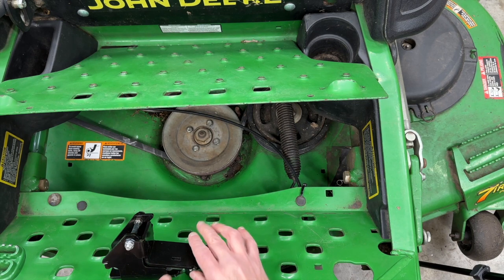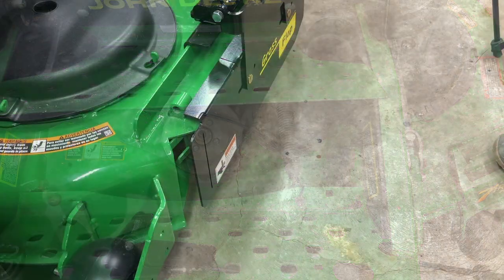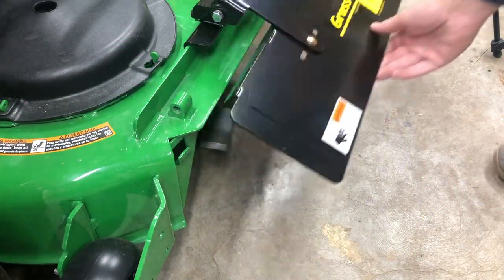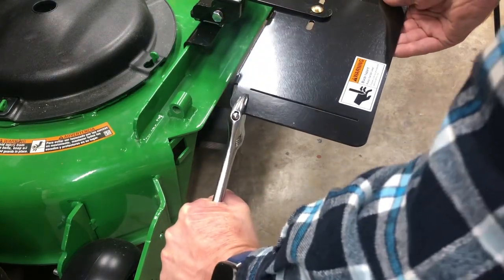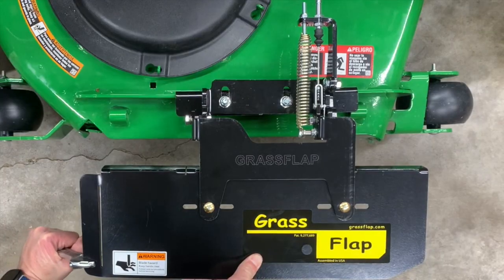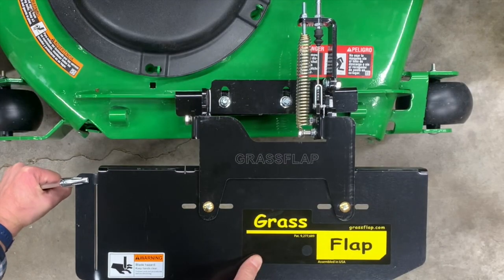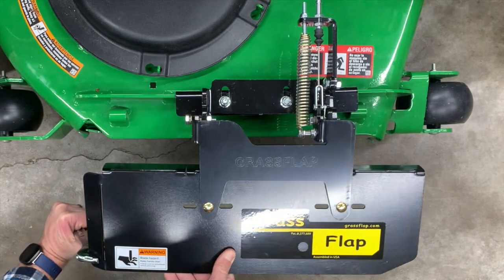Okay, now that we've got that done, we're going to go ahead and secure the jam nuts on the cable on this end. And then the final step is we want to bend the rear of the plate itself to match the curve on the back of the discharge opening. So just using a simple crescent wrench, bend it a little at a time until you get to an angle that's going to match